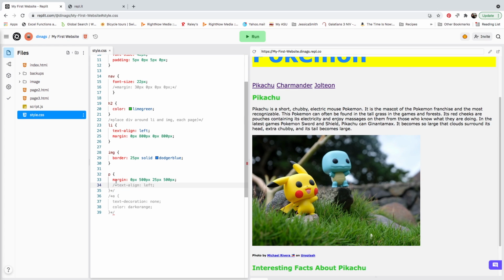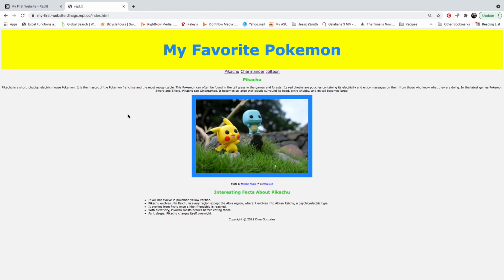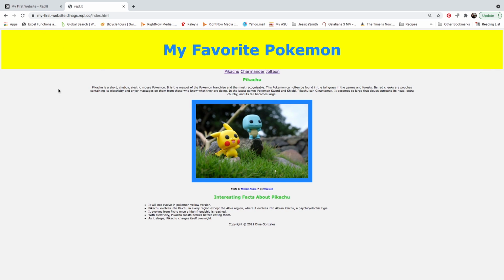And I'll show you that before I refresh it. So we'll come back here, and I want there to be a little space here, but I do want to push this in, okay, because my paragraph's running all the way straight across. So let's refresh that, and it did that. You can't really tell too much here, the margin,